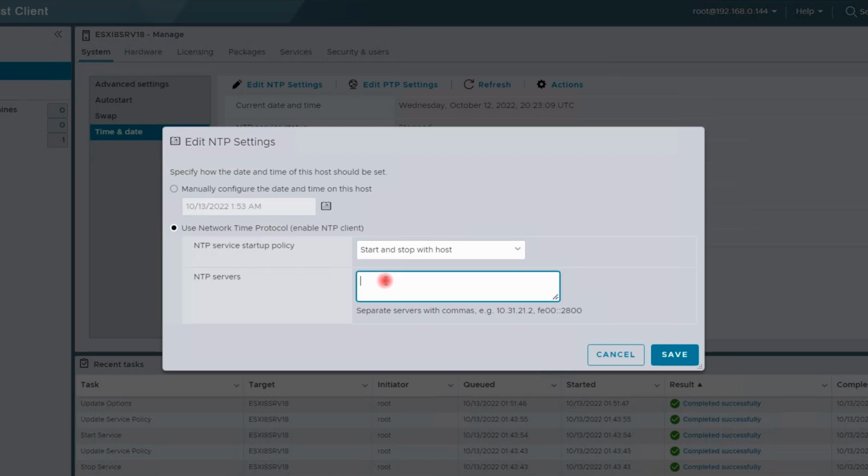I will provide here the NTP servers, 0.asia.pool.ntp.org, comma, 1.asia.pool.ntp.org. I will click on save.